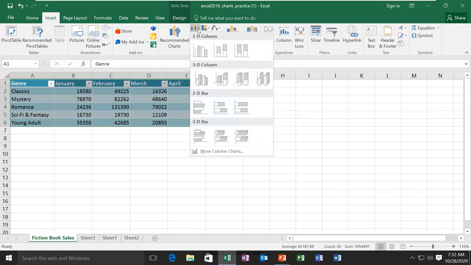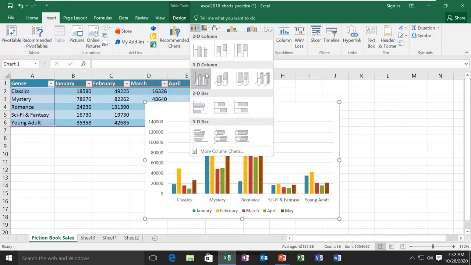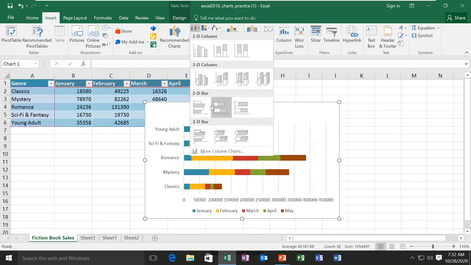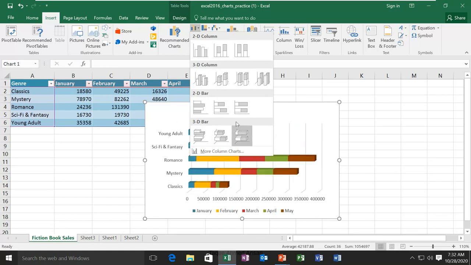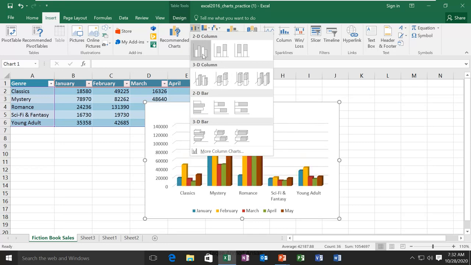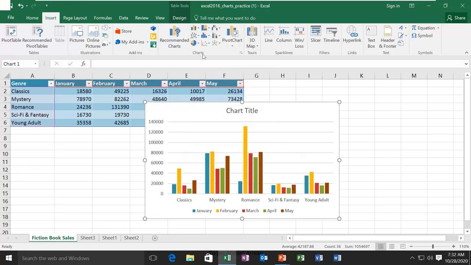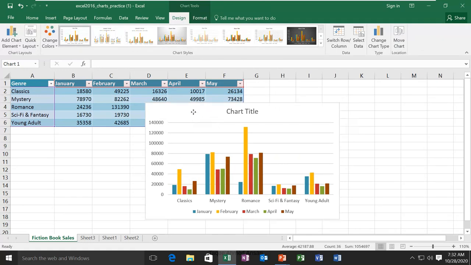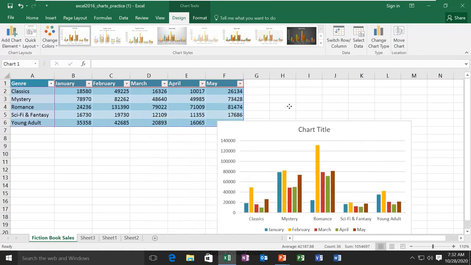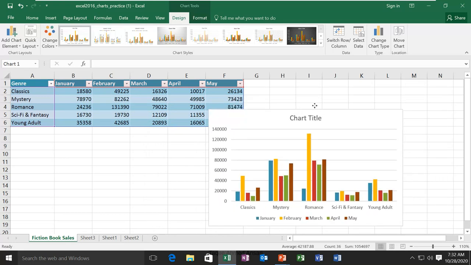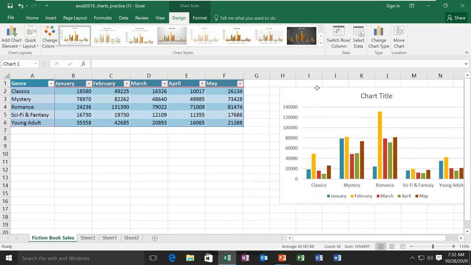I click on it, it shows the other options in the column chart, and as I hover my mouse there, you can see how it is going to look in the worksheet. So you can choose what best fits your data. I'll choose this one, and here is my chart. Now I can move it anywhere in the sheet. So I'm putting it here.